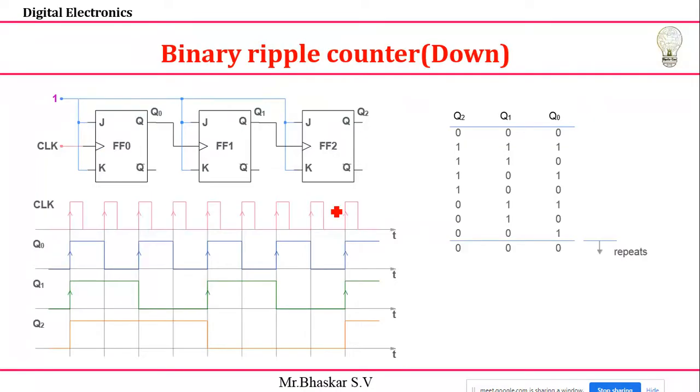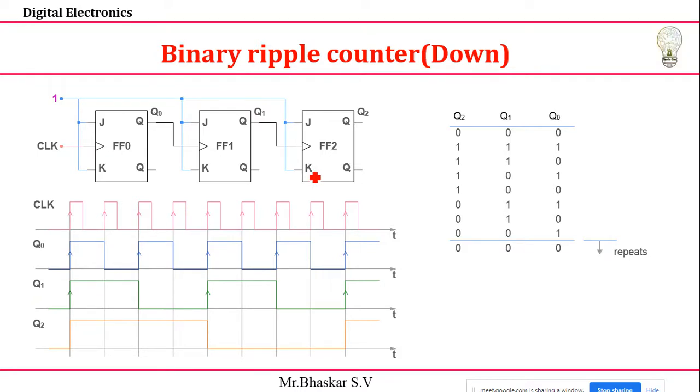Next, a very important concept here is the down counter. It is the same circuit, and I already told you that you can connect it two ways. One way is to use the positive edge of the clock instead of the negative edge. What is the difference between the previous circuit and this circuit? I'm not going to use a bubble here, that's all. Previously I used these bubbles. If I use this bubble, it is called an up counter, and if I don't use these bubbles, it is called a down counter. See that? Down counter. It is one way.